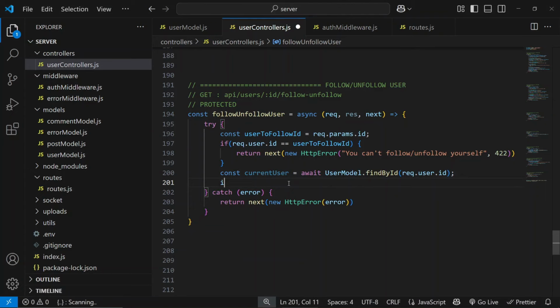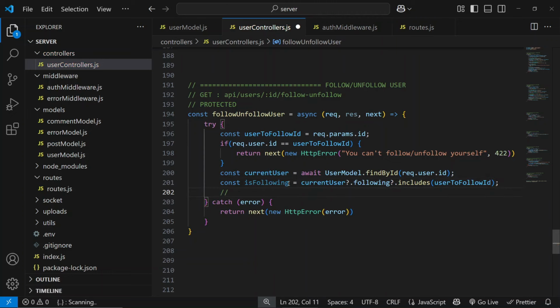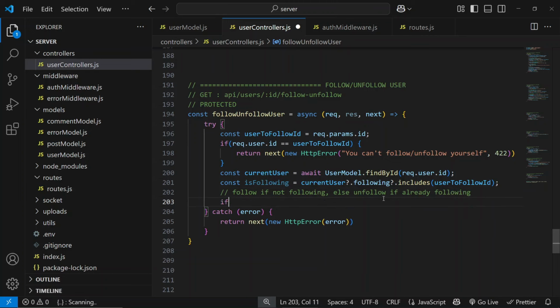So I'll say isFollowing should be equal to currentUser, and I'm going to check if following includes the userToFollowID. If so, then I know that I'm already following this person. If not following, follow; else, unfollow. If already following, right? So I'll say if isFollowing is false,